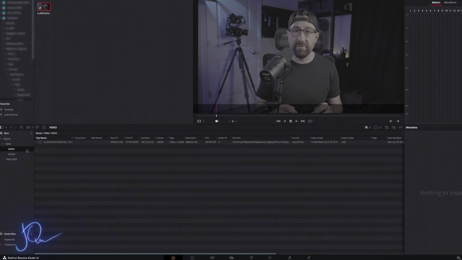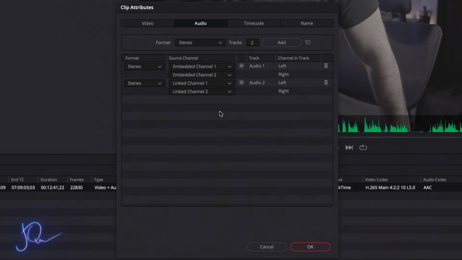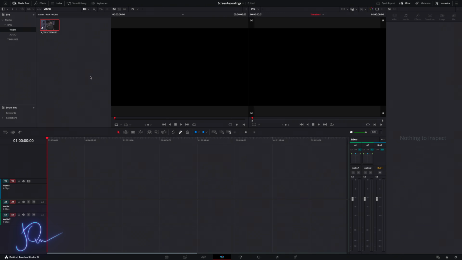Now, once Resolve is finished, we can go into our audio clip, hit Clip Attributes, and we can actually see there are two different audio tracks on this clip. If we jump into a timeline and create an in and an out point,